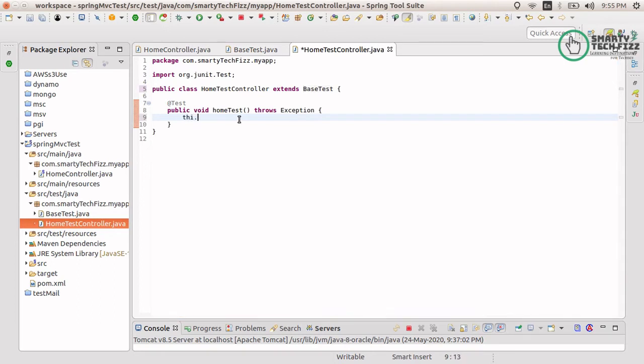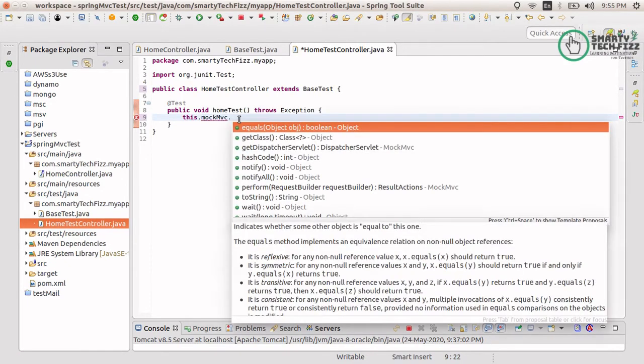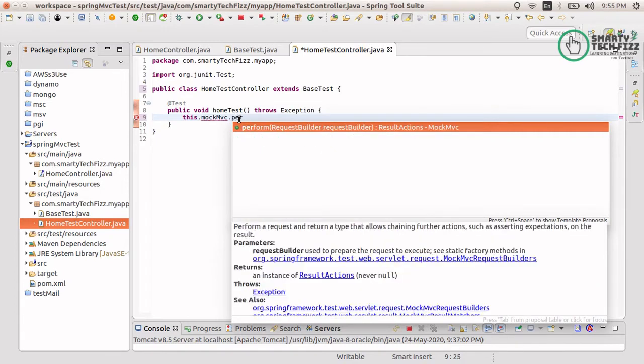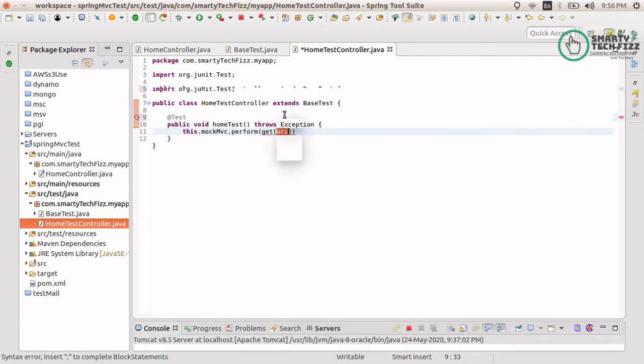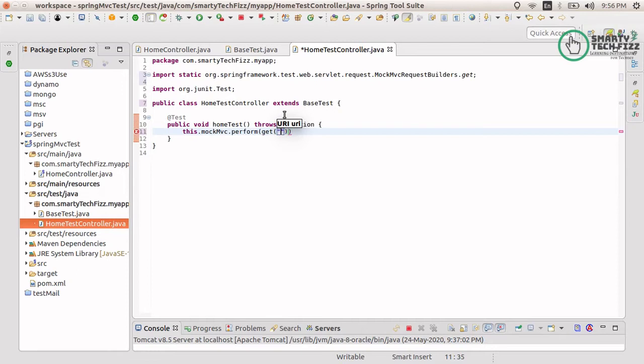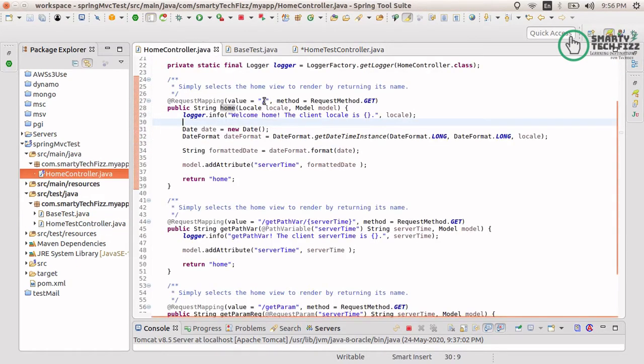So this dot mockMvc dot, what we are going to do is perform some actions. So this is the perform, and what we are going to do is a get request. Okay, so this is a get request, and mention here your URI. I have a URI like this only, slash, for this home function.